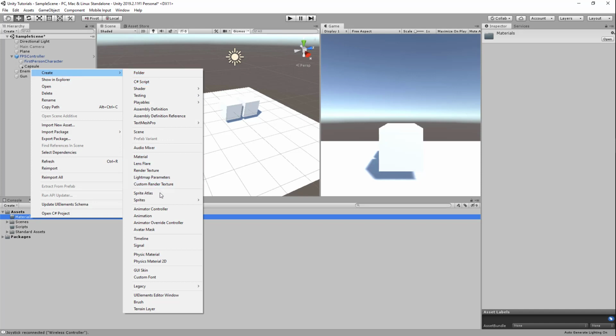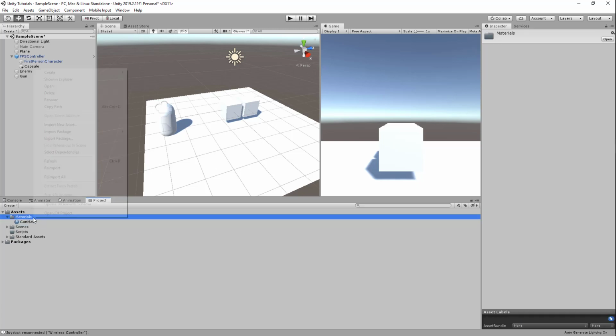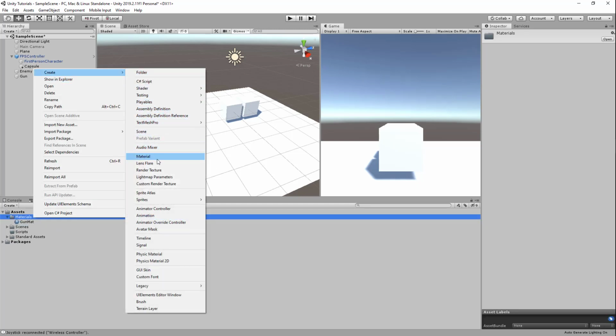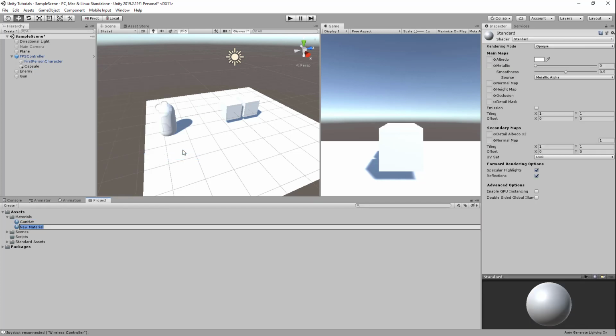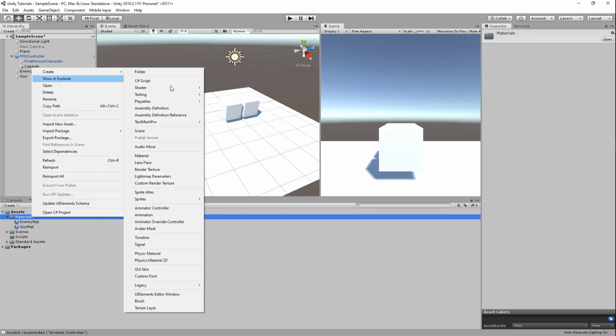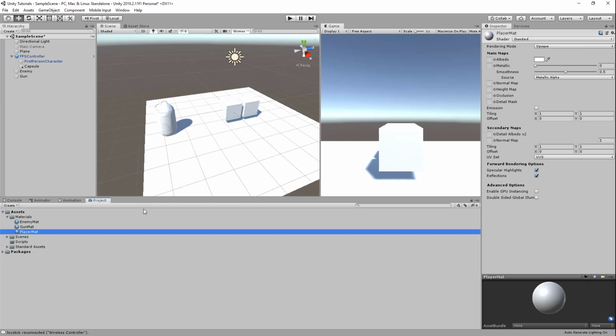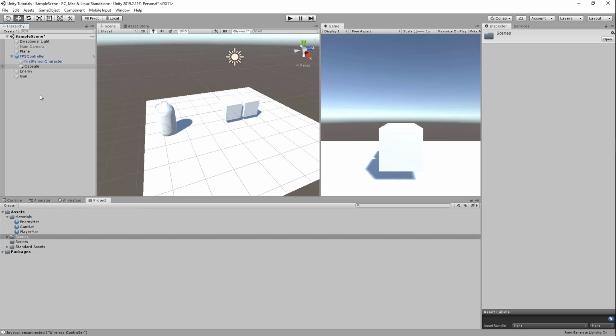So we're going to create 3 materials. One is going to be named gun mat, and we'll name this one enemy mat. And we'll create our last one, which is going to be named player mat. If we drag and drop this to our objects,